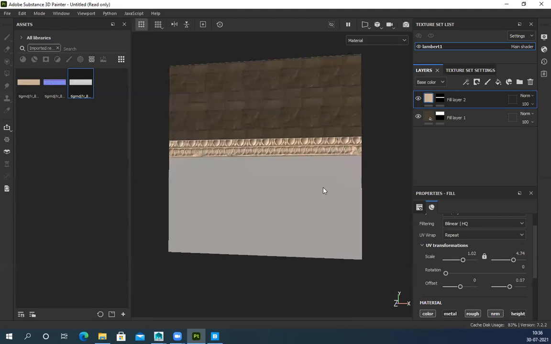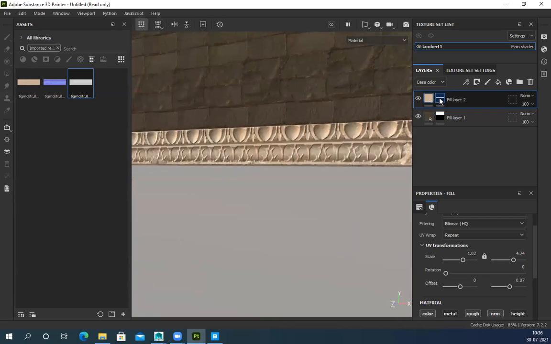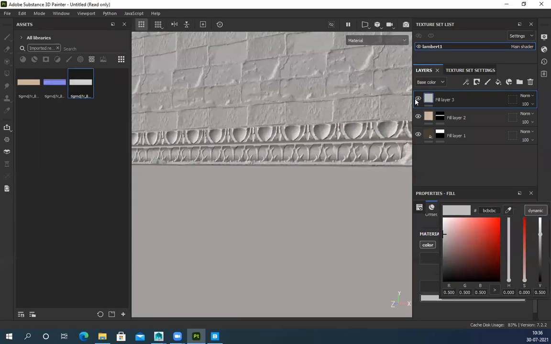Okay, now this is one, but this color and this color, you can see it's way too different and doesn't look very nice. It looks like two different parts. So I have to fix this color. For this, I need to add one more thing. I'll create one more material here, with only color. Switch it off.